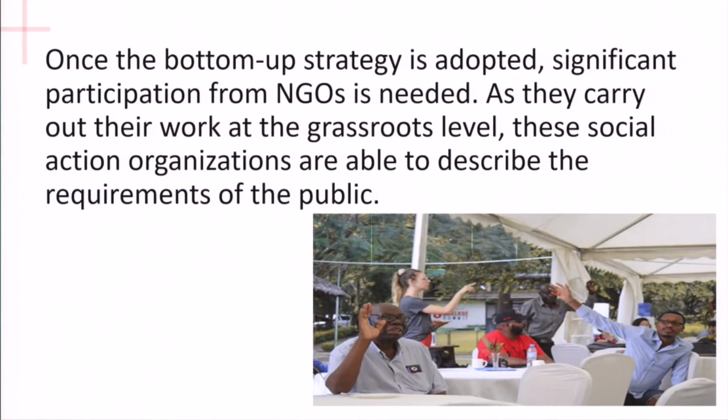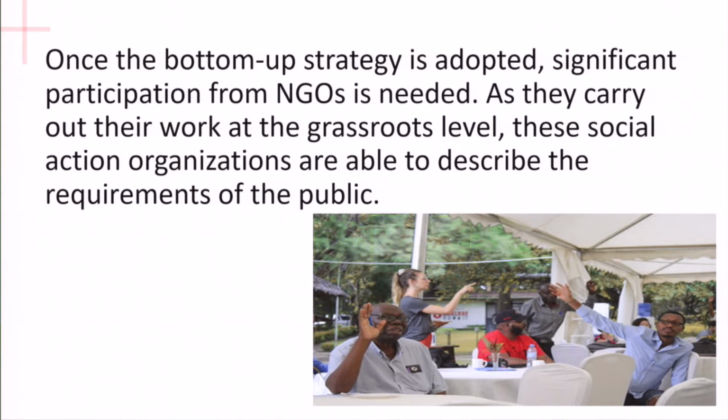A bottom up strategy encourages people to take any opposing decisions or actions that may sway the decision. The UN recognizes the importance of public engagement and pushes the greater public to participate in the decision making process, and that is considered as the basic aim and the tool for development policy for NGOs. Once the bottom up strategy is adopted, significant participation from the NGO is needed.